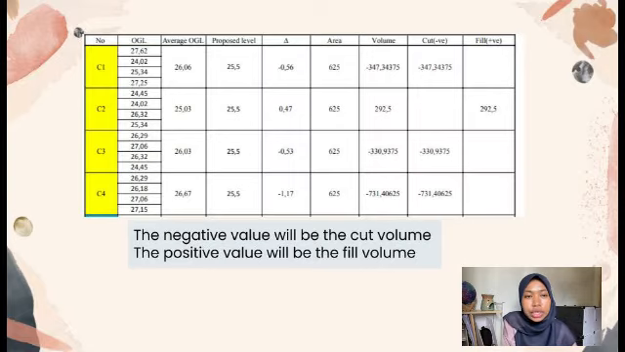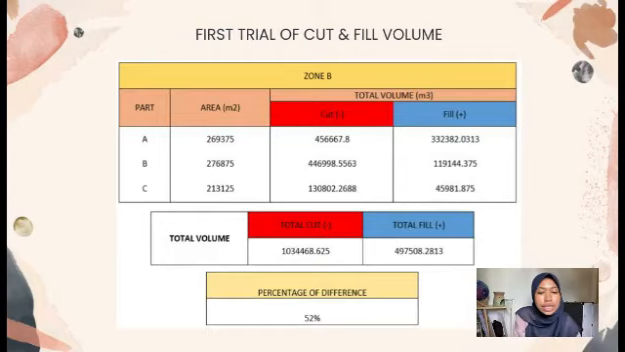The figure shown is an example of the Excel computation for the cut and fill volume calculation, where you can see the sum of the values is tabulated in the cut column and fill column. It is interpreted such that a negative value is the cut volume and a positive value is the fill volume. This is the first trial of cut and fill volume, where we have assigned a proposed level for the